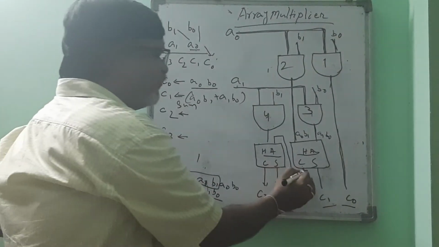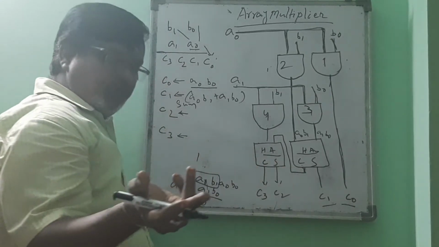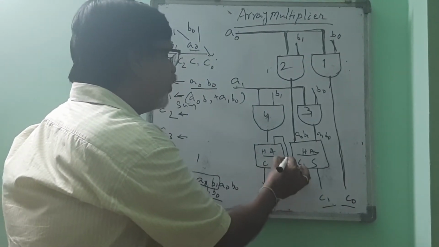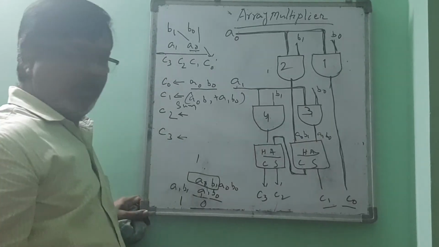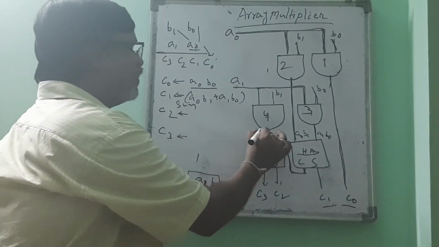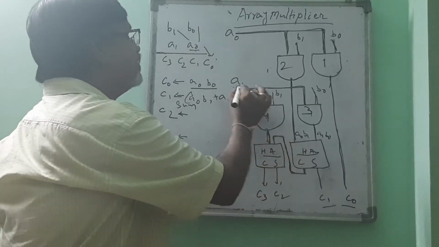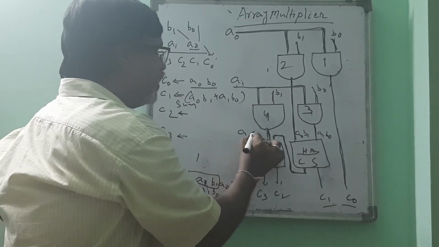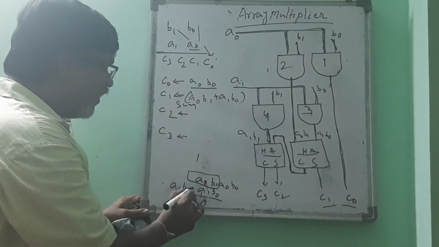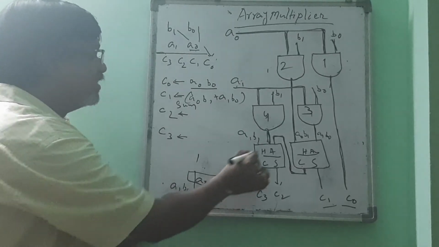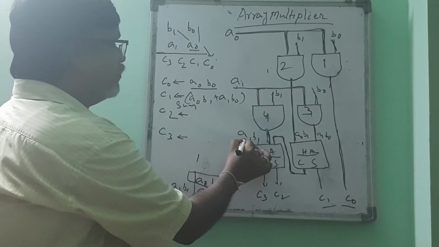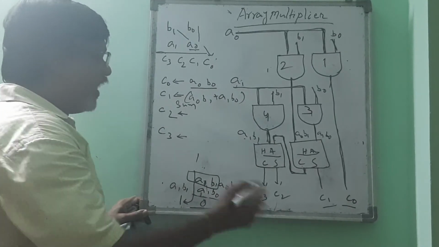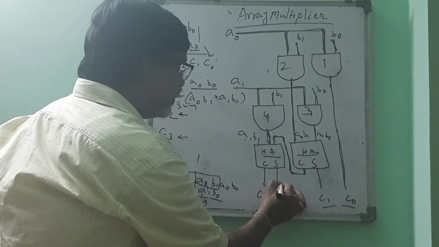Now, whatever carry is generated here, either it may be 0 or it may be 1, that is shifted as one input to the second half adder. The second input to this second half adder comes from another AND gate with A1 as one input and B1 as the second input. Here you will get A1 and B1, and the carry generated from the previous adder comes as the second input. Now A1, B1 and the carry generated from the previous adder are added together. Again a sum is generated and a carry is generated.